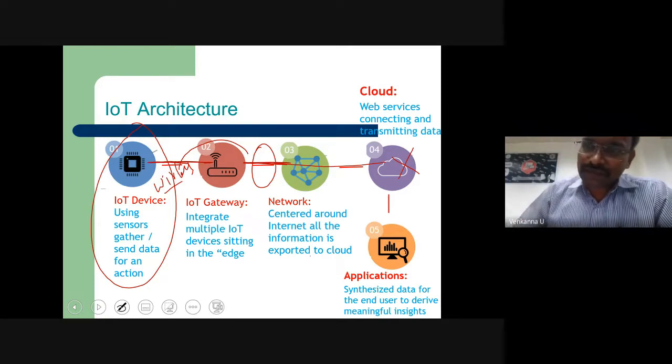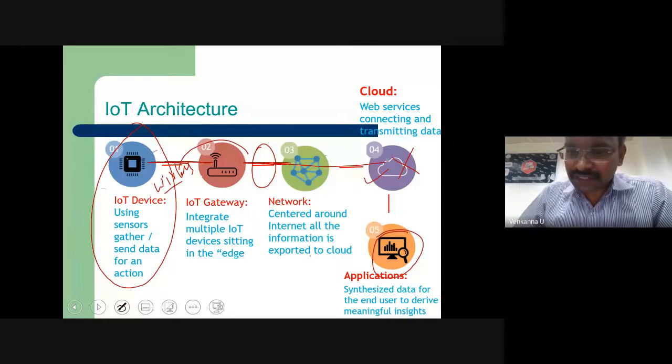Okay, now as my friend suggested, data is stored in the cloud. One of the advantages is that it can be accessed. Now, once the data is stored in the cloud, somebody needs to access it. Otherwise, there is no use. There is no use. For that sake, the fifth element is called a mobile application or web application.